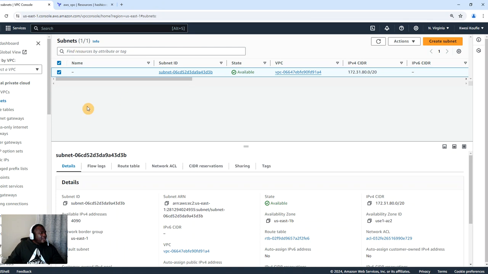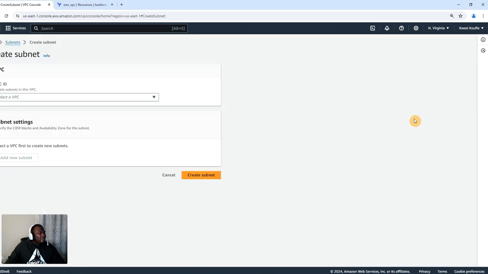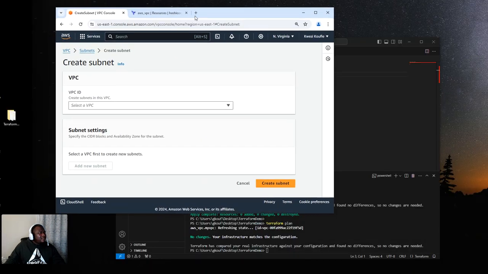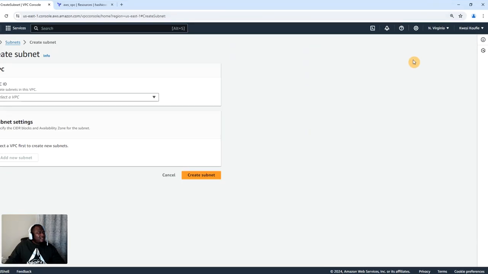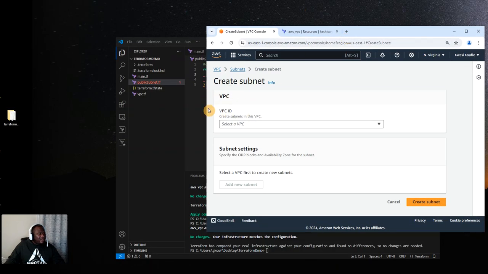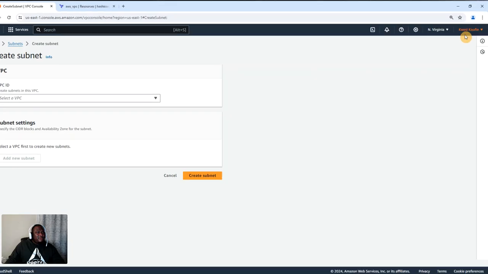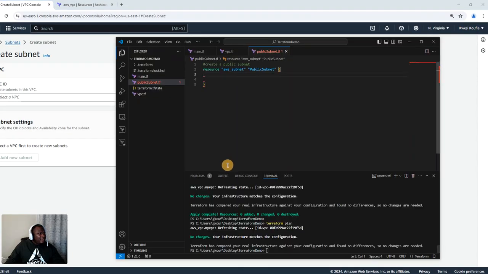So whilst we are in the VPC section over here, let me go to the subnets, and whilst we're here, let's create a subnet. You can see that we have a VPC subnet ID over here. We have to state that in the creation of the public subnet, just like it is over here. So we're going to go to the VS Code and state